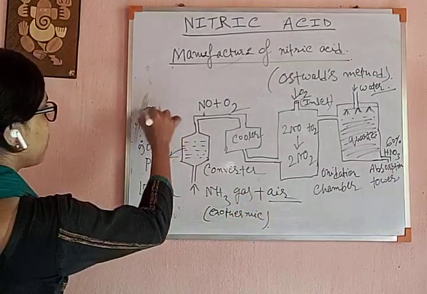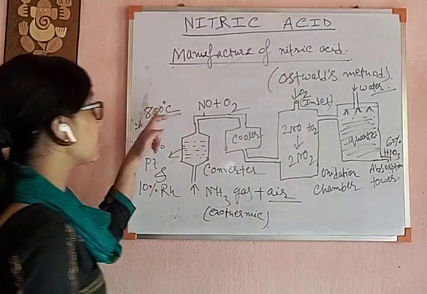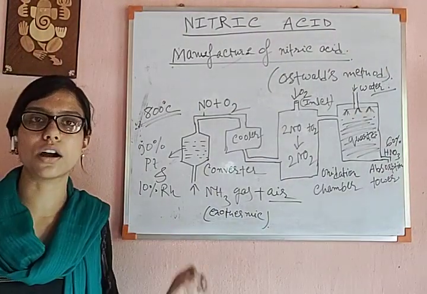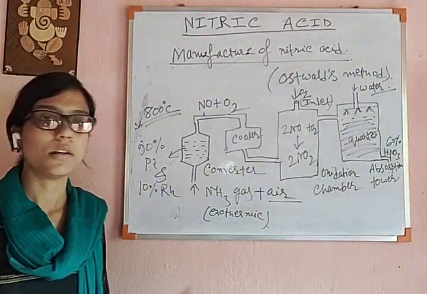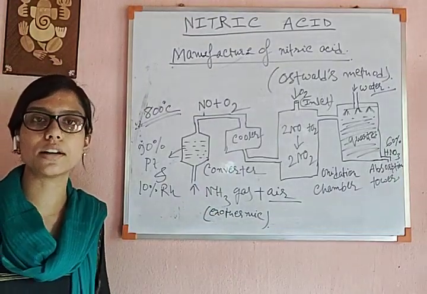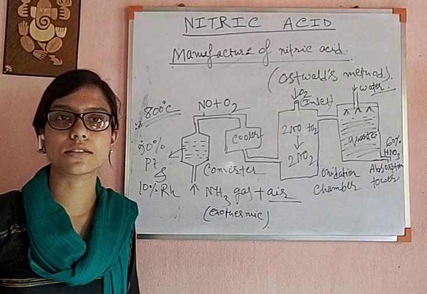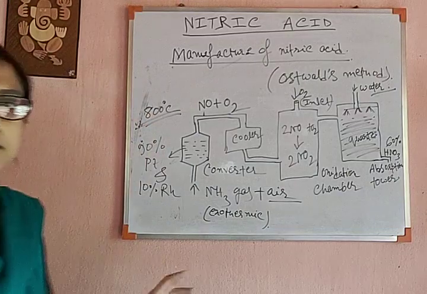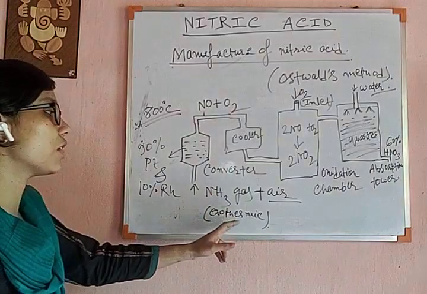This first step needs a temperature of 800 degrees Celsius. So we have to heat this mixture to this high temperature, but only at the initial start of the reaction. Once the reaction has started, we don't have to heat it anymore. Why? Because it is already exothermic and is producing a huge amount of heat. So this kind of reaction needs a high temperature like 800 degrees Celsius, but we don't have to heat after the reaction has started as it is already an exothermic reaction.